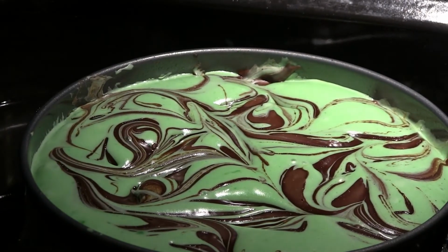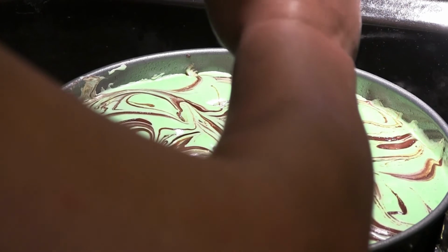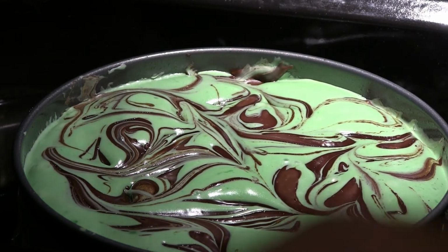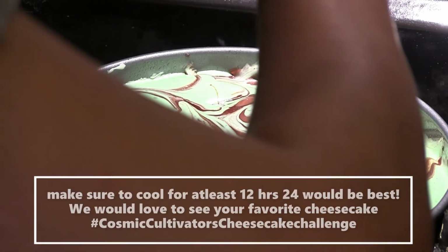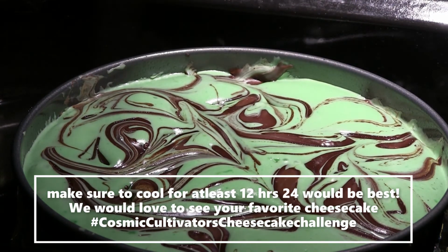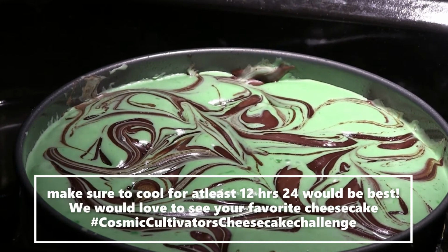Alright, so our hour and 10 minutes is up, and I'm going to give it a test, which I hate doing to cheesecake. You're going to see a little because there's melted chocolate in there, but... Do it again in the green area. You just want to make sure. Oh my, that is very minty and delicious. Yeah, I'm going to call that done. It's going to be a little wet because it's cheesecake. It will set. Plus, it's in the water bath, so...